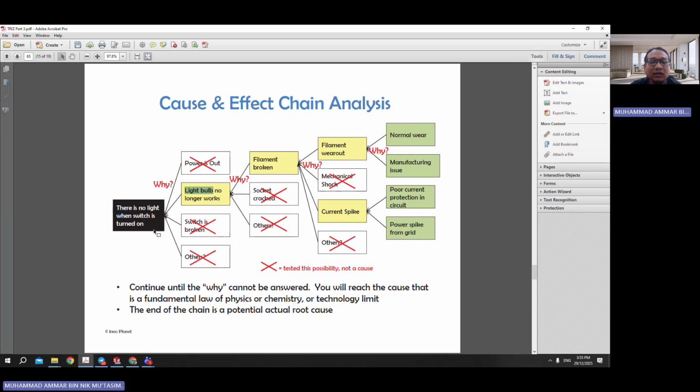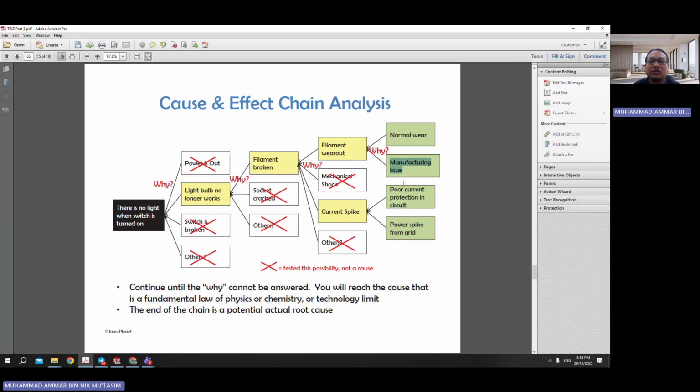So these are the root causes. We know this is the main cause, and to solve it, we focus on the normal wear. Can we solve this by just replacing it with a new light bulb? Or if it is a manufacturing issue, we may contact the manufacturer to say that this issue